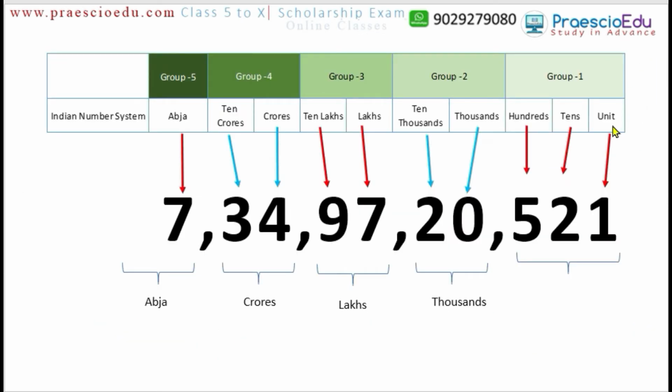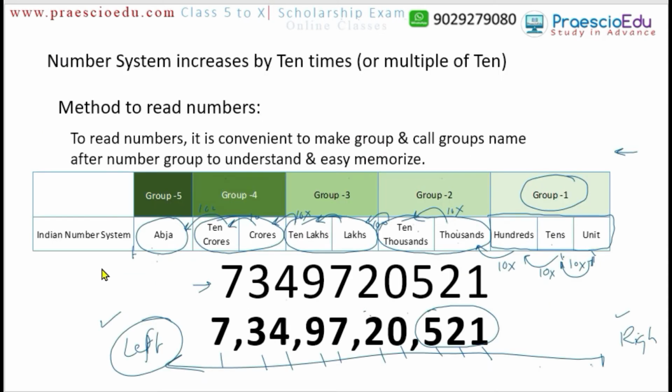Same like this one: unit, tens, hundreds. I have made the same in a different color here. So this is the one group, unit, tens and hundreds. Then I make another one. This is the second group, the thousands group, and this is the thousand, and this is the 10,000s place. So like this, I have marked the numbers with this grouping.